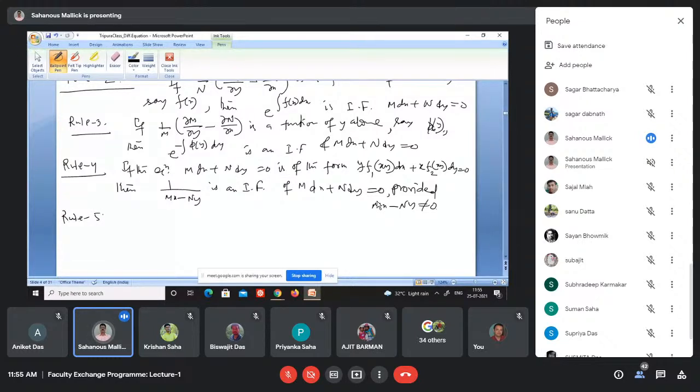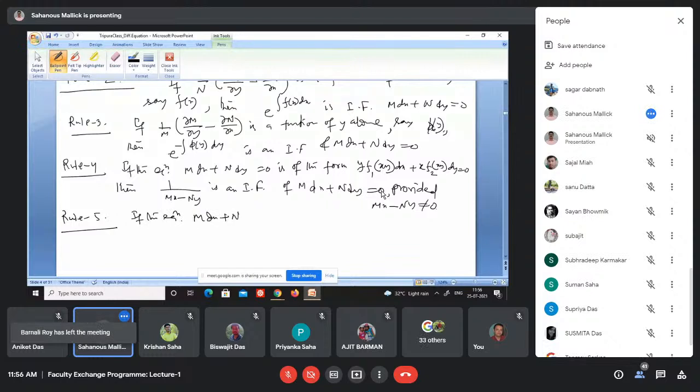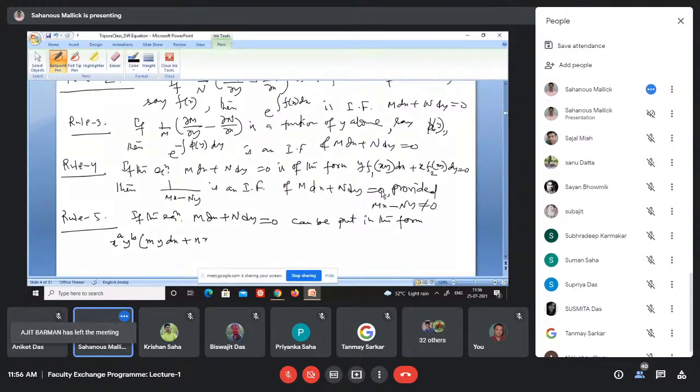Rule 5: if the equation M dx plus N dy equal to 0 can be put in the form x to the power a y to the power b (my dx plus nx dy) plus x to the power a prime y to the power b prime (m prime y dx plus n prime x dy) equal to 0,